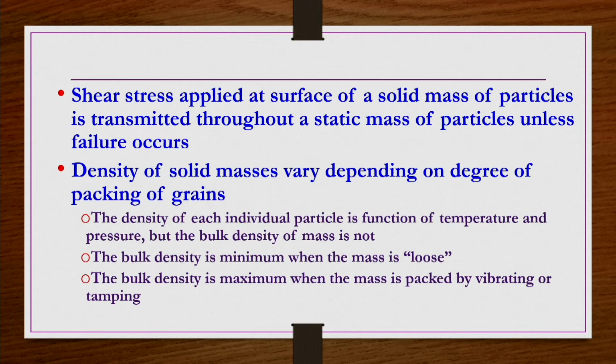So, if you are packing tightly, the bulk density of the solid mass would be high; that is, per given unit volume you can accommodate more mass of the solid by tight packing. If you are doing loose packing, you can accommodate less material, so the density would be small in the case of loose packing, and large in the case of tight packing. However, the density of this bulk material, the solid en masse material, is independent of pressure and temperature, though the density of the individual particle is a function of temperature and pressure.